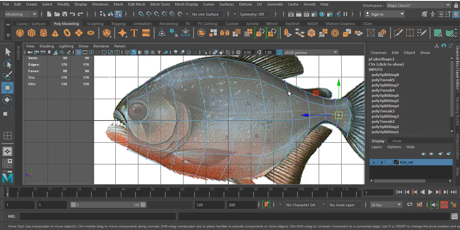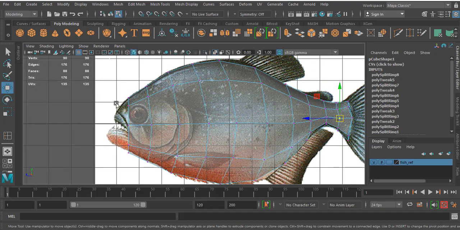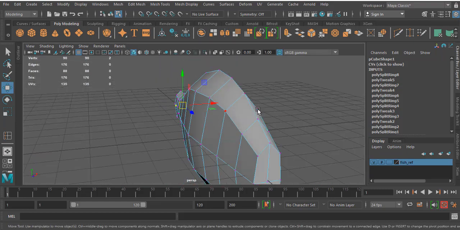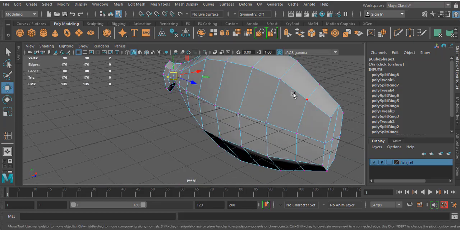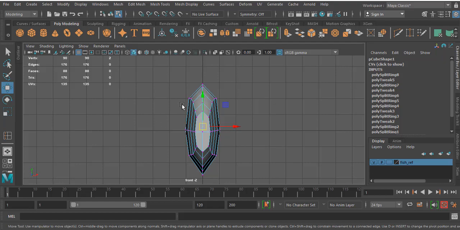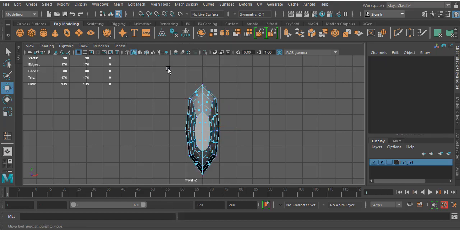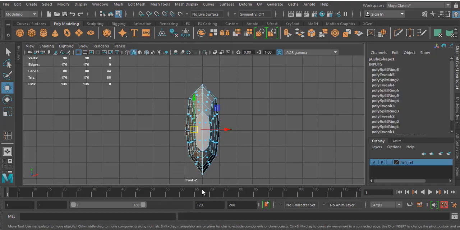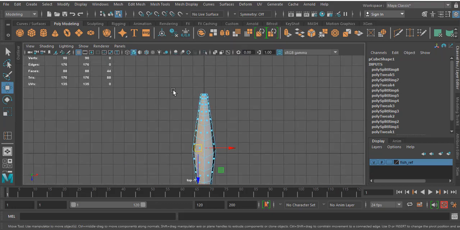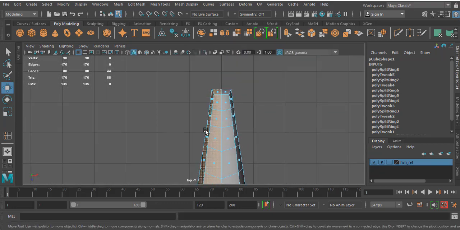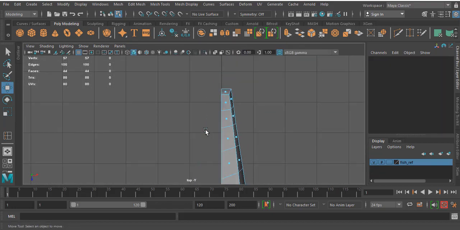Now I'm thinking I have to create the mouth, I have to create the eyes, because here 2 eyes are there. So again I would have to model the other side. I have to extrude this portion, create the eye area, all these things. So the better option is to delete one side of the fish. I'm going to delete one side. Make sure the tail area is safe. Okay, just delete.